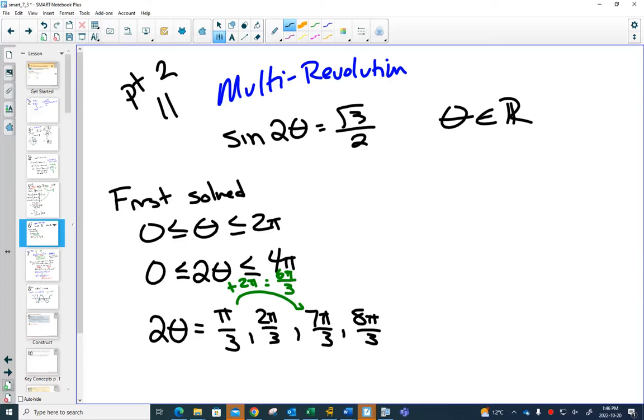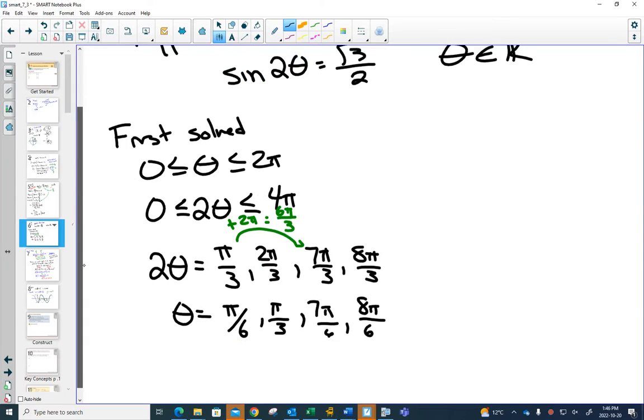Then to solve for theta, we have to divide everything by 2, which is like multiplying by a half. Pi over 6. This one will divide by 2, would reduce to pi over 3, then 7 pi over 6. And I could have reduced that one, or you can leave it as 8 pi over 6. Either is fine. I think in the answer, did I reduce it to 4 pi over 3? I did. So, if you first solve between 0 and 2 pi, and get those 4 answers, then the general